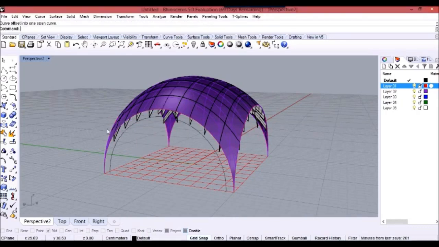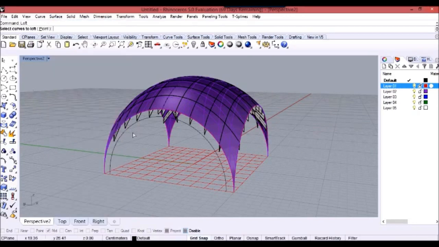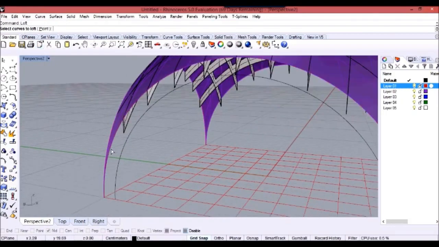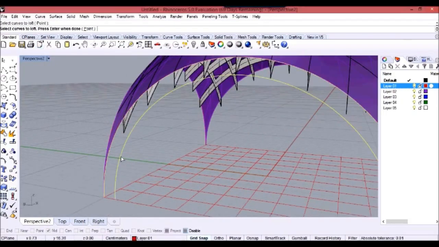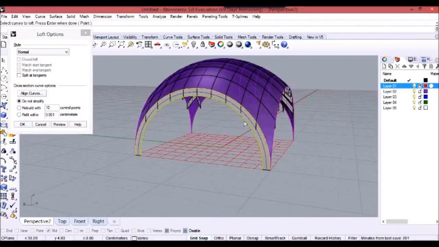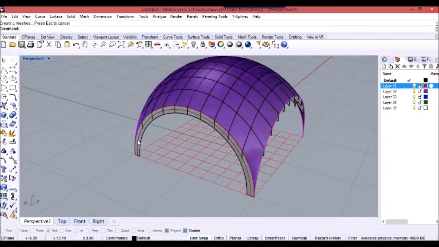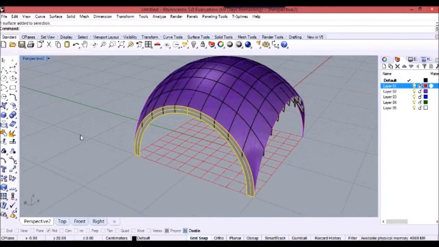Press enter. I'll loft these two surfaces by doing command. You can also find loft below the surface tools here, and it is going to ask for the curves. Select, and we select the two curves, press enter, and if we are happy with the way the surface is coming, we'll just press OK,